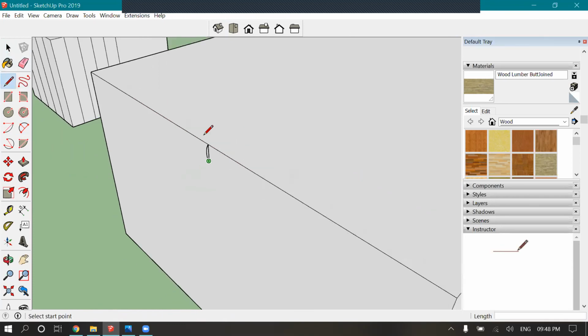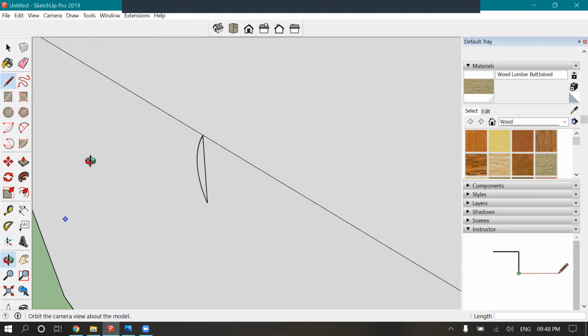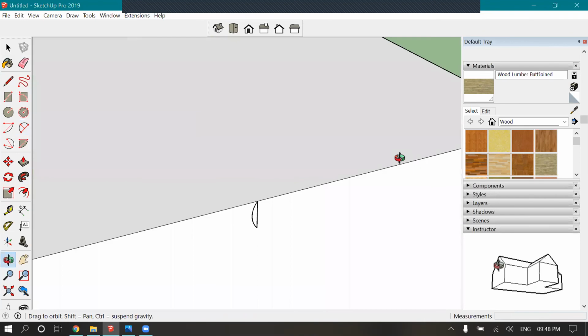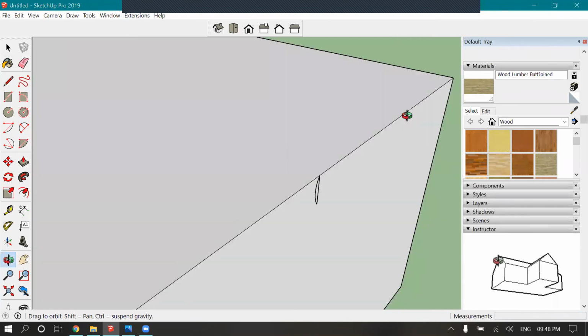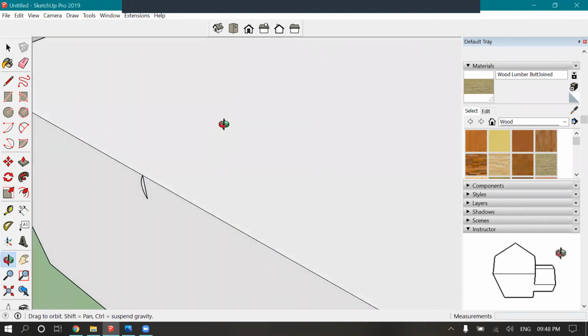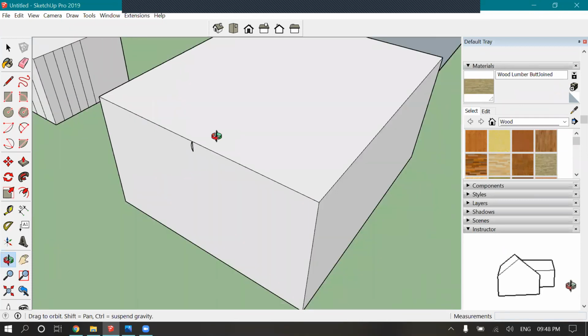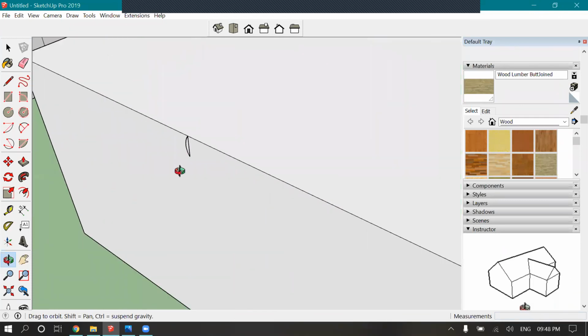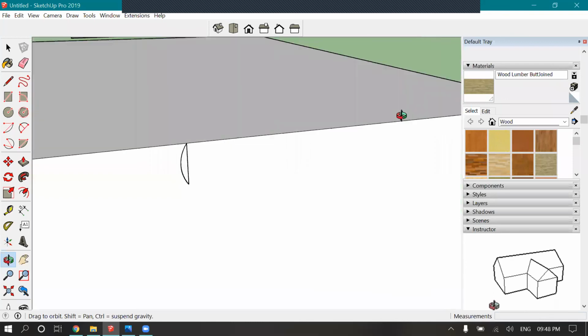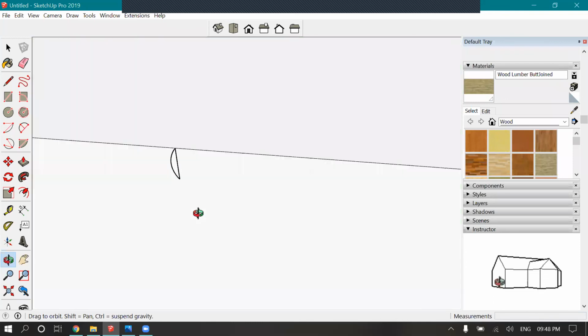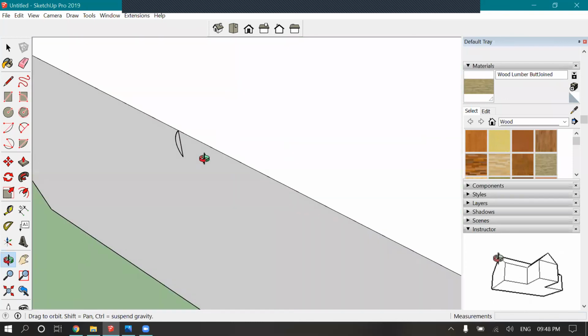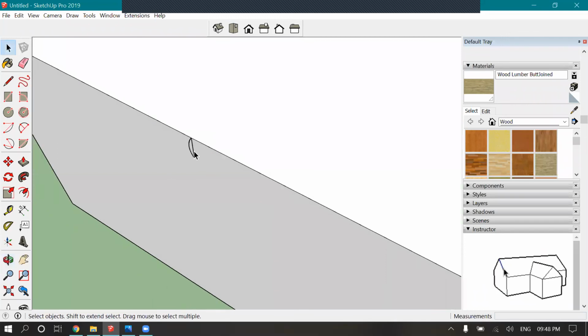Now you can see the problem of axis. I was about to draw in a different axis, so let's delete it and draw it over here.